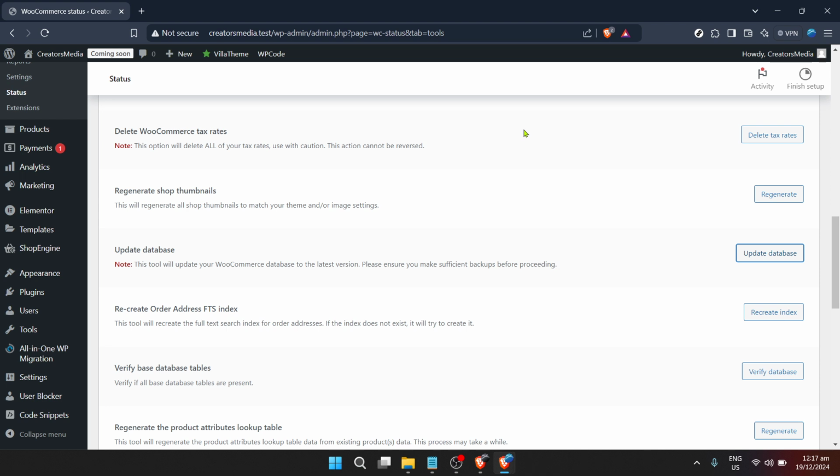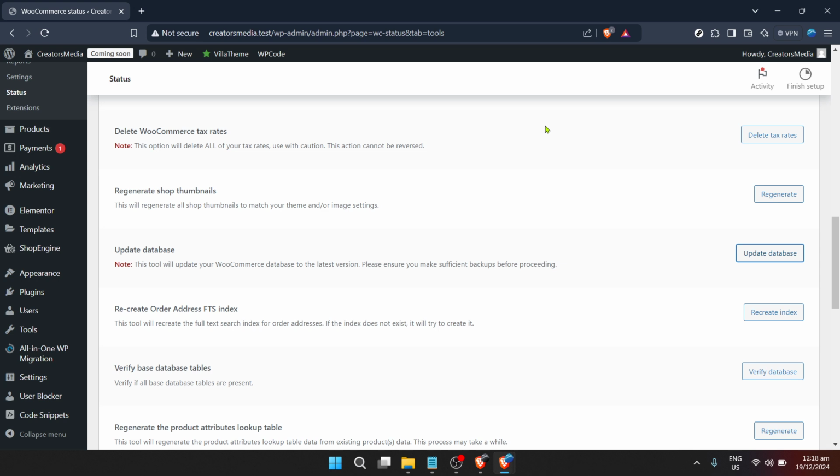To sum up, updating your WooCommerce database is a straightforward task that plays a significant role in the smooth functioning of your online store. By following these steps, you ensure that your website remains fast, secure, and aligned with the latest e-commerce technologies and trends. Plus, you save yourself from potential headaches caused by outdated databases, such as slow page loads, checkout errors, or security